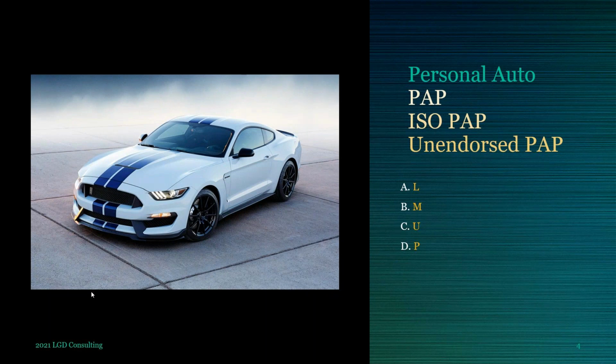And the ISO is Insurance Services Office. The ISO is where all the insurance companies get their policy forms from. They have their attorneys maybe change some of the language, some of the conditions, and then they file it with the Department of Insurance to use that policy form. And so an ISO PAP is just the same as a PAP. They just put ISO in front of it to make you think that there's some other new policy out there that you didn't study, and there isn't.